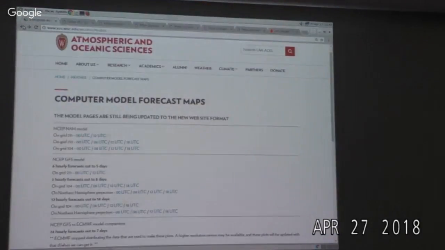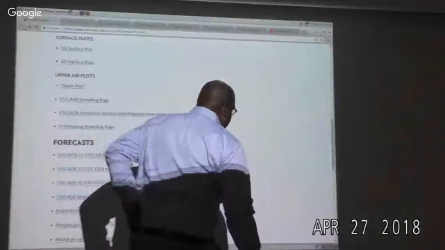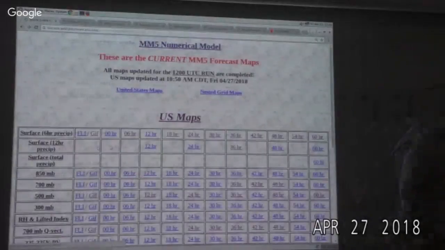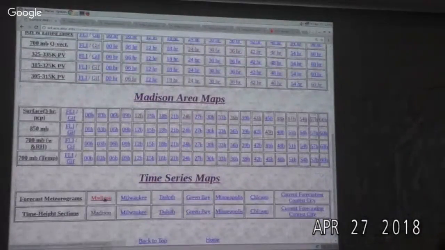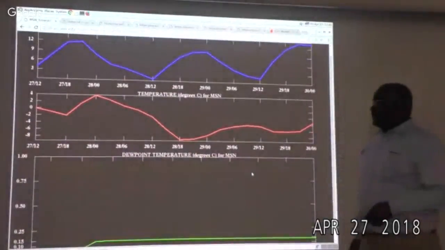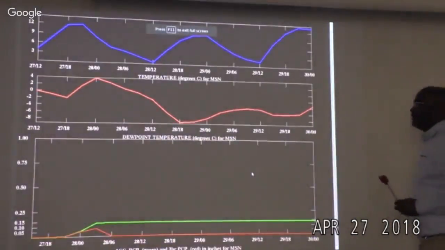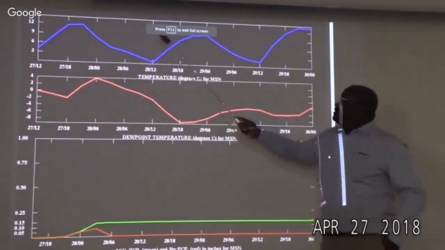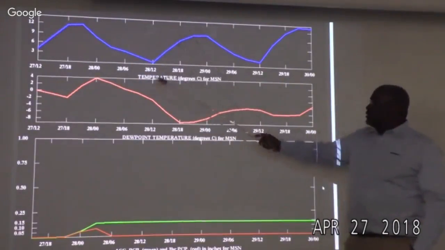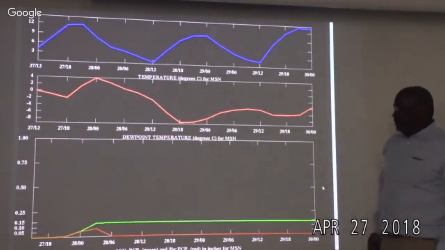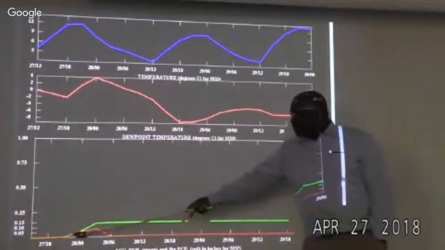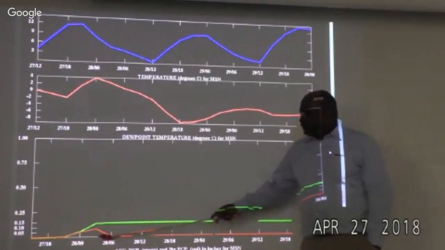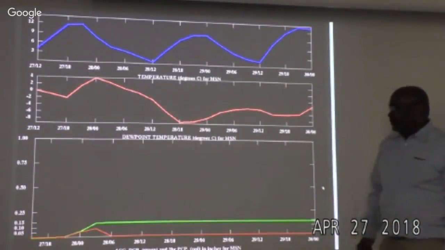Thanks, John. So it sets up things nicely for the passage of this upper feature as it comes across our state and then heads to the southeast. We'll start with our meteogram, next to last time for the year, John's favorite word. You can see this is our temperature forecast, the dew point forecast, as well as precipitation forecast. And you can see that we have a shot at some precipitation later this afternoon, early into the evening, and just up until about midnight or so.